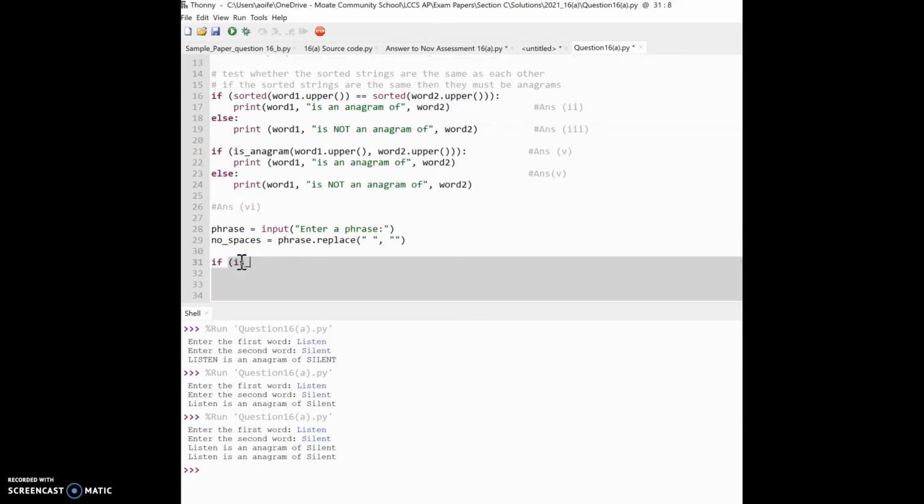If is anagram, word 1 dot upper, open bracket, close bracket, comma, and then the second argument I want to pass in is this one here, no spaces, my phrase with no spaces. So I've called it no underscore spaces, and close my bracket. If that's the case, I want to print out print bracket word 1 comma is an anagram of